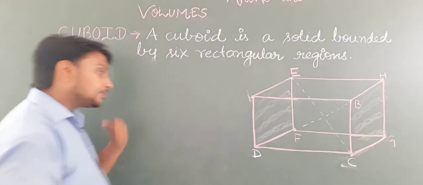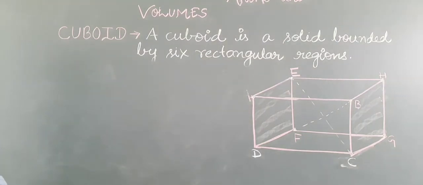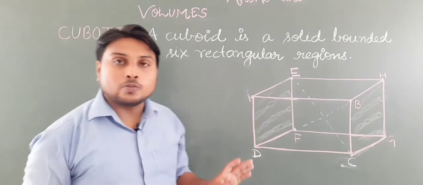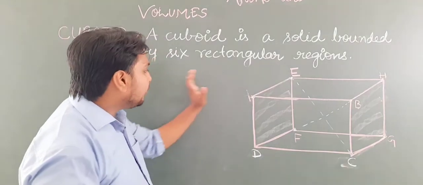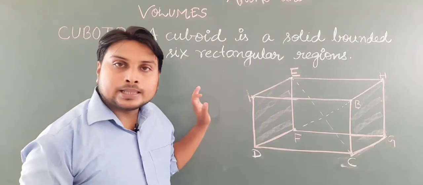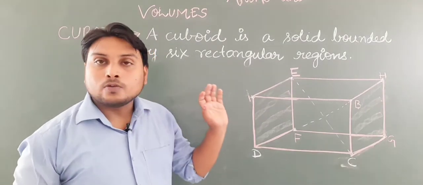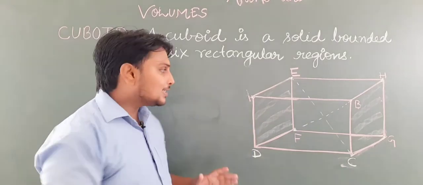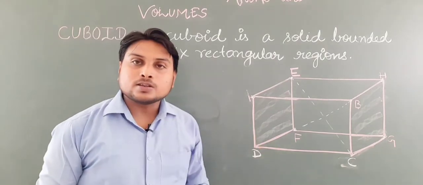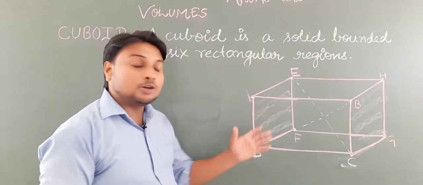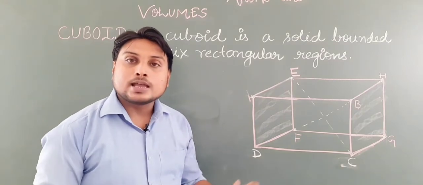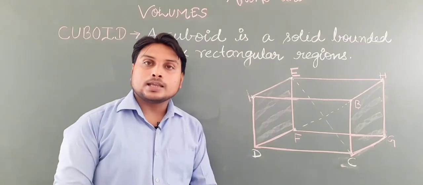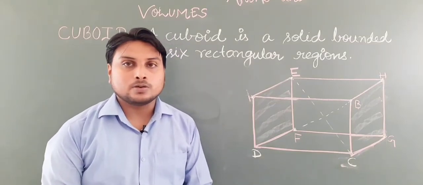It is clear. Now see, this green board is an example of a three-dimensional solid, in the form of a cuboid. But the surface of this green board is an example of two-dimensional. In the same manner, the face of the cuboid is two-dimensional and in the form of a rectangle, but the whole solid is three-dimensional.